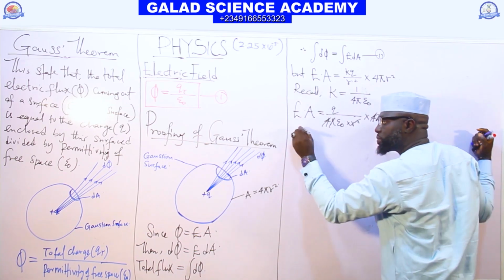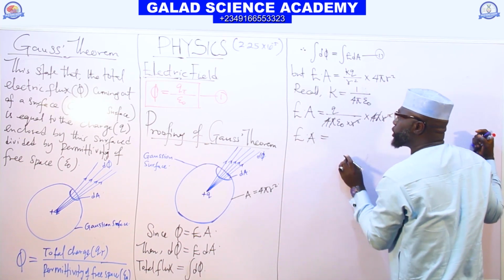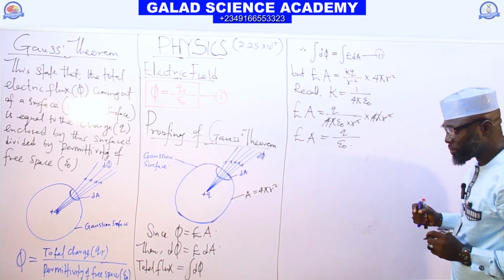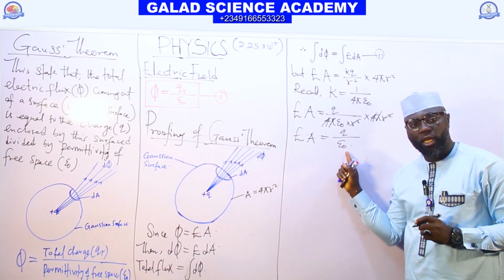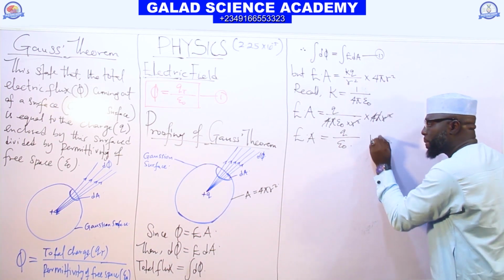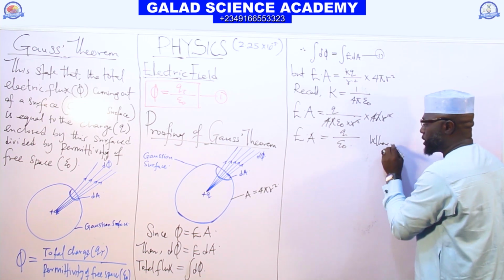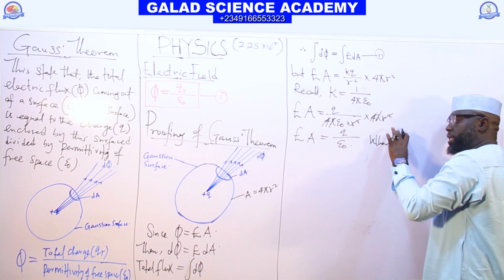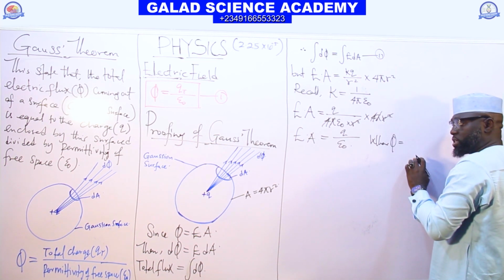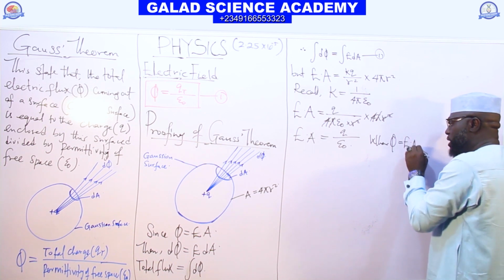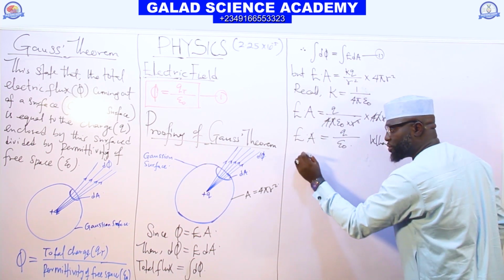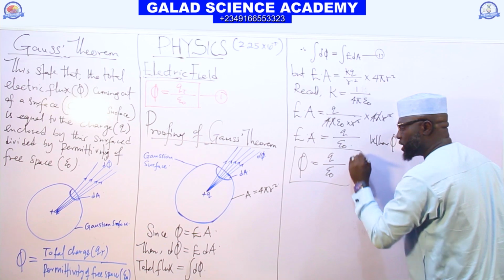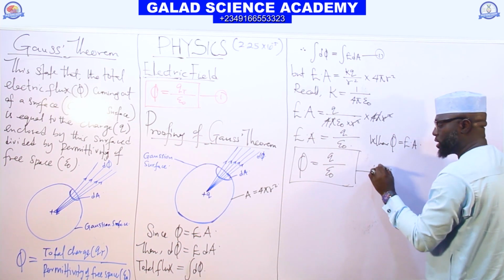We are left with E A equal to Q over E naught. And where the electric flux is equal to E A, put it here. You now have flux equal to Q over E naught. This is the formula for